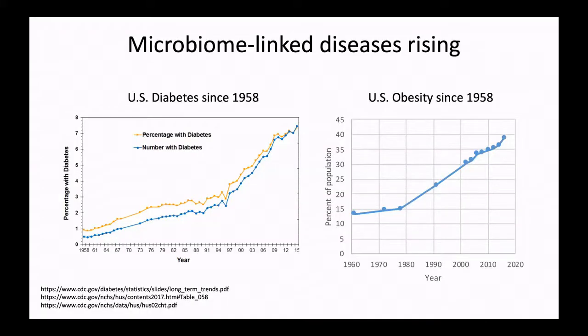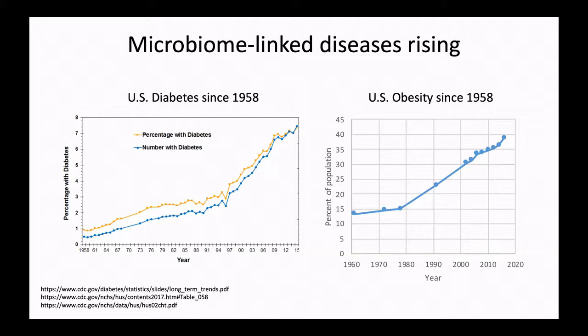The microbiome is the world of microbes that live inside you and has been linked to a wide range of diseases, especially metabolic and autoimmune disorders. But there's probably 100 different major diseases that now have some kind of microbiome signature in them. And in many cases, it's causal. So the microbiome has been causally linked to, for example, diabetes and obesity, which are also rising dramatically in industrialized nations around the world. So this is U.S. diabetes over the last 50 years and U.S. obesity over the last 60 years.